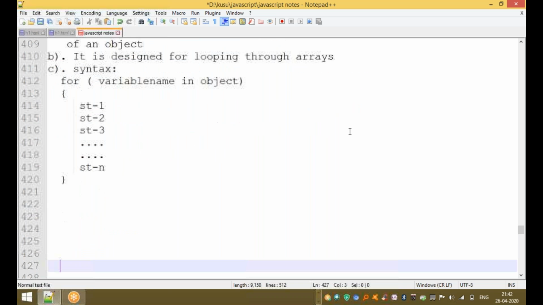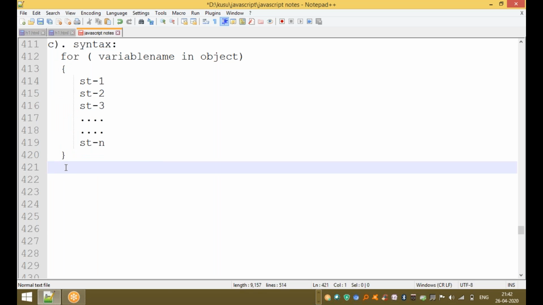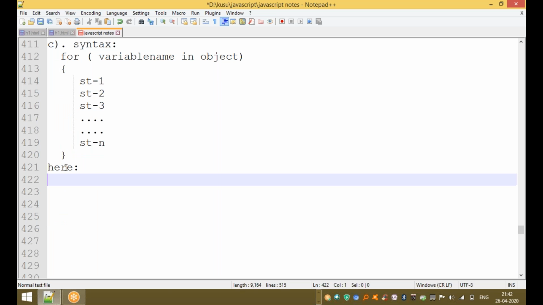In the above syntax, for and in are both keywords.